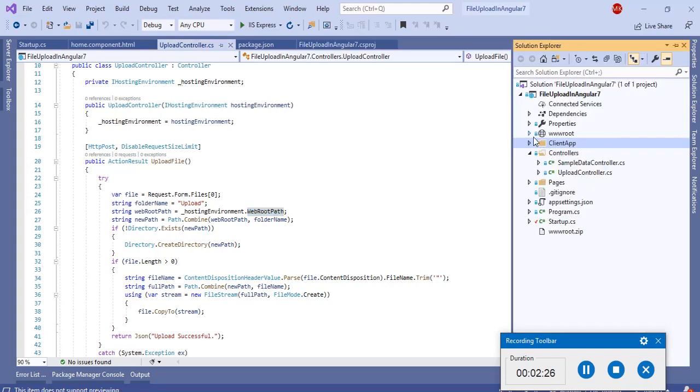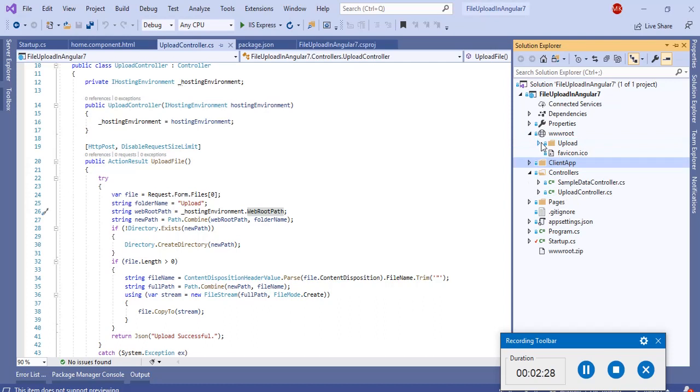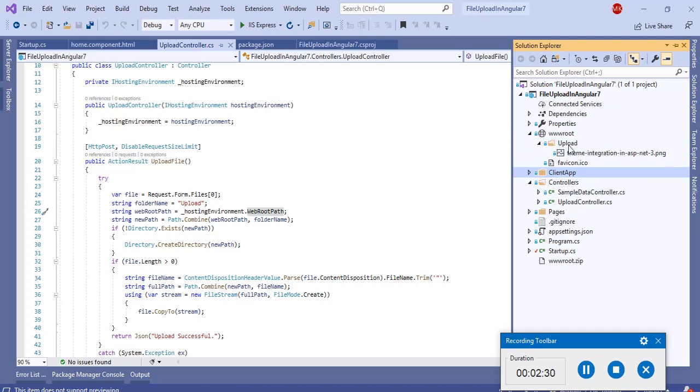I created a folder named upload, and I will upload the files in this folder. I'm uploading these files to a particular folder, and you will see that these files are uploading.